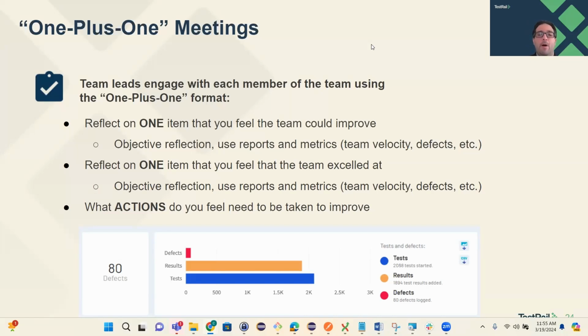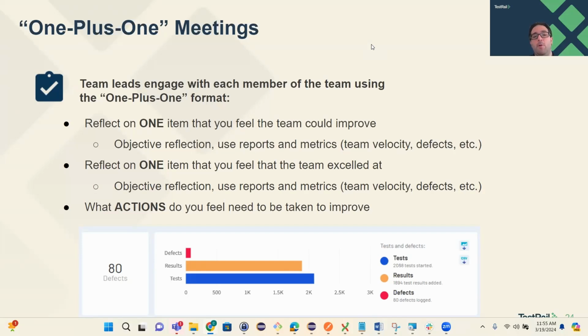And then obviously we want to be positive too. One item that you feel the team excelled at. Maybe they don't want to talk about it in a team setting, or they don't have the opportunity based on location or time zone to even express this to team leadership. Talk about metrics, velocity, something measurable, and that's good. Subjective things are hard to track and measure and monitor. So one thing that is positive.